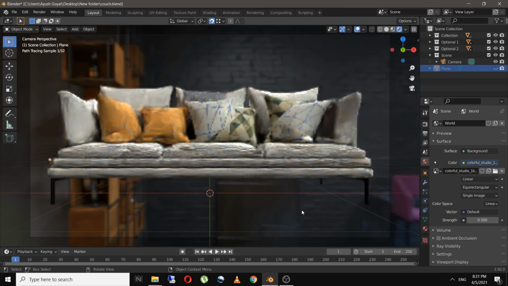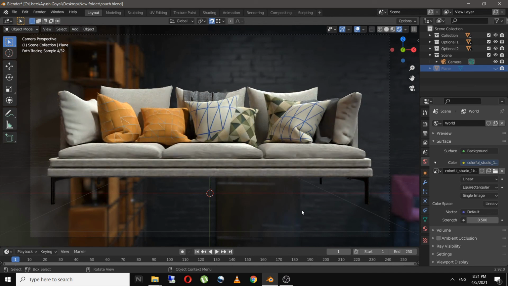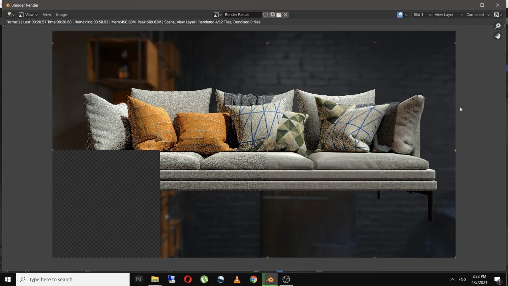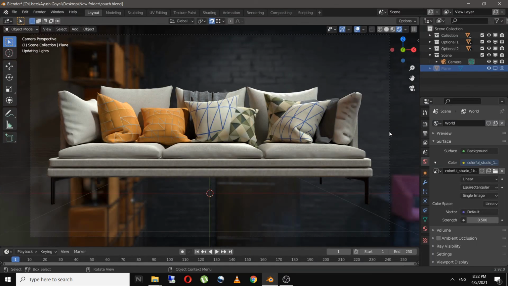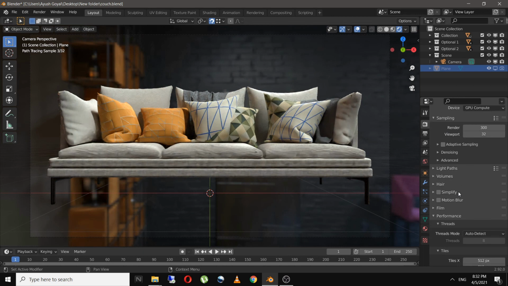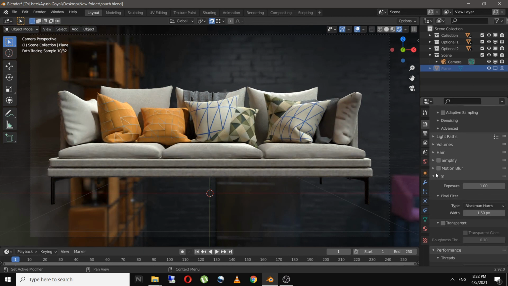The environment HDRIs are usually used when you are creating a scene like making a grassland or making an exterior design or something like that. And if we render it, you can see the background will also get rendered. We don't want that.